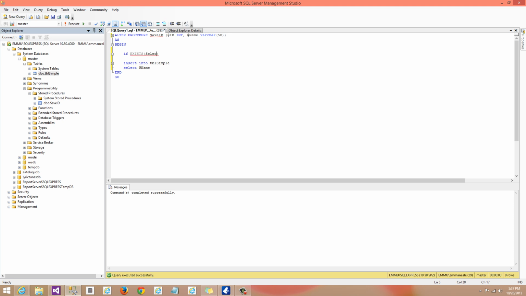So select star from TBL where ID equal to ID. Okay, so if not exists, else